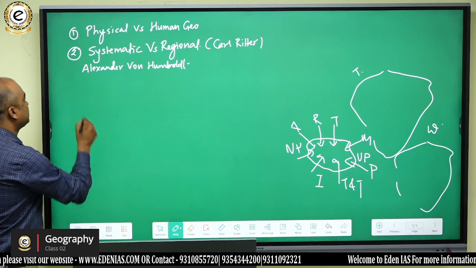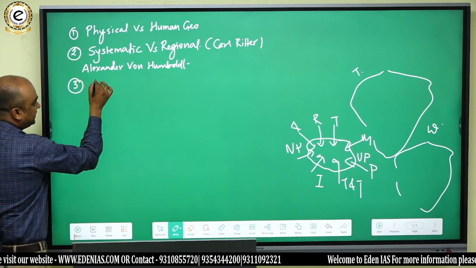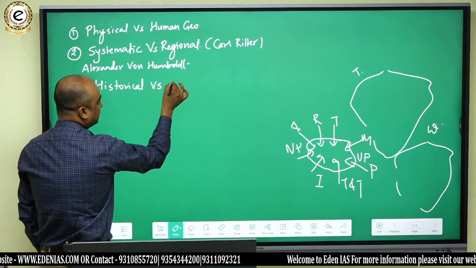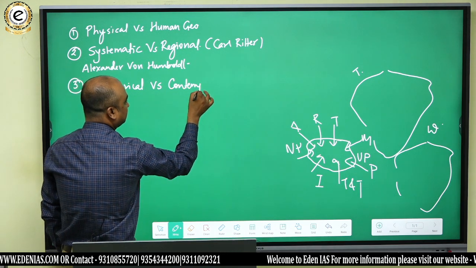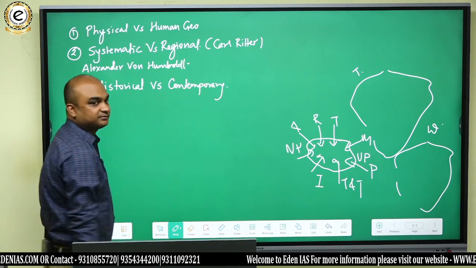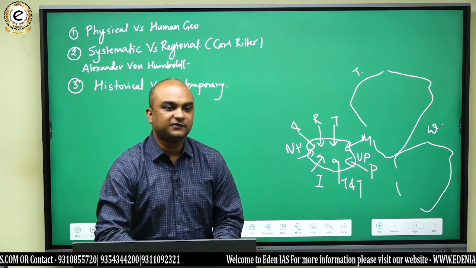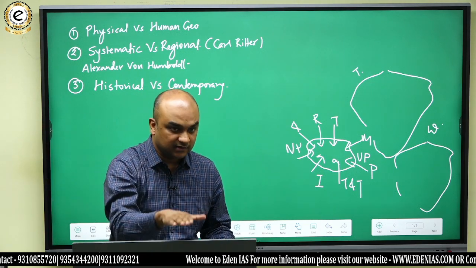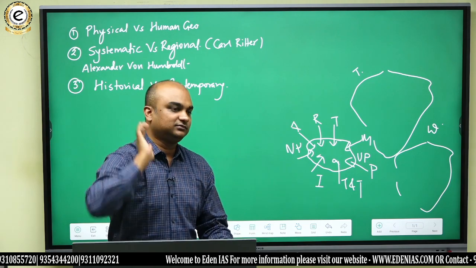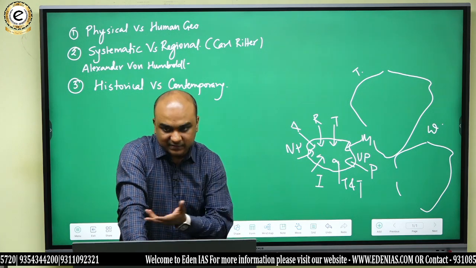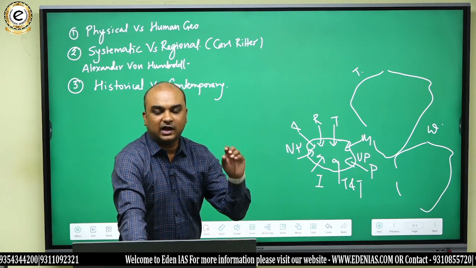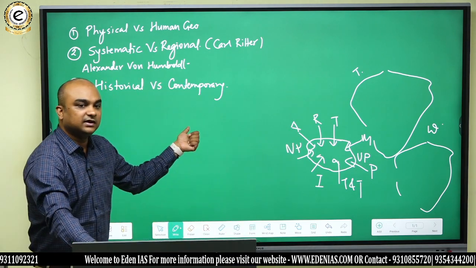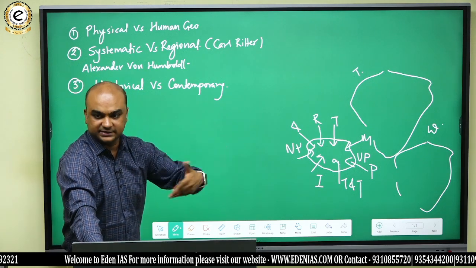दूसरी dichotomy. Third dichotomy is historical versus contemporary geography. Like say for example, if we are interested in how the fold mountains are placed over the earth in 2023-24, then we are in the present situation. Or suppose I talk about the Himalayas, how they are today, then that is contemporary geography. It means how things are at present.